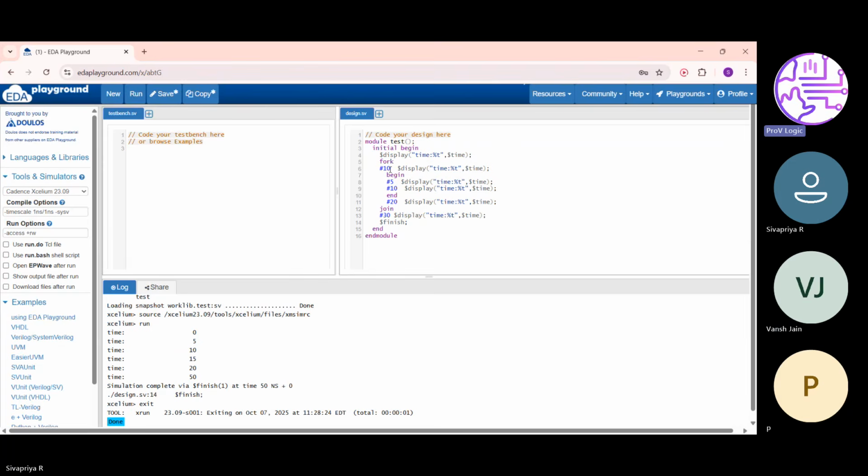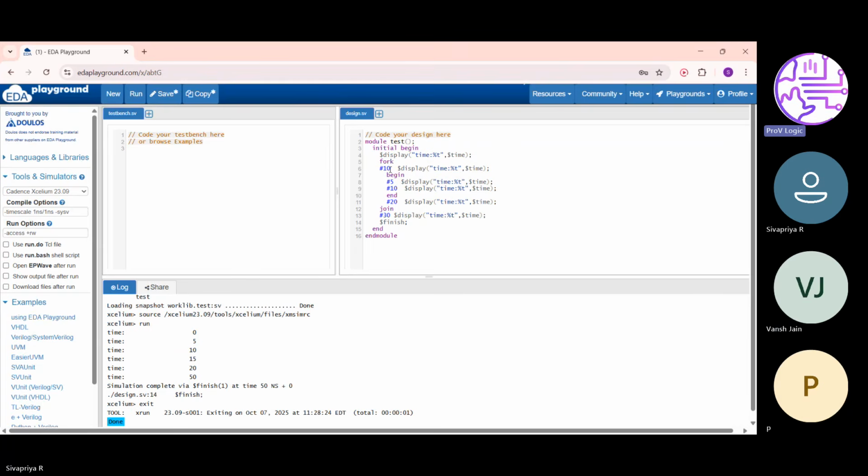It has 15 delay to complete this 10, like 5 plus 10 sequentially. Meanwhile this 10 will complete, so that's why after 5, 10 came. Then 5 plus 10 is 15. At 15, this entire begin end finishes. Later 20, then obviously 30. 20 plus 30 is 50. Yes, sir, got it.